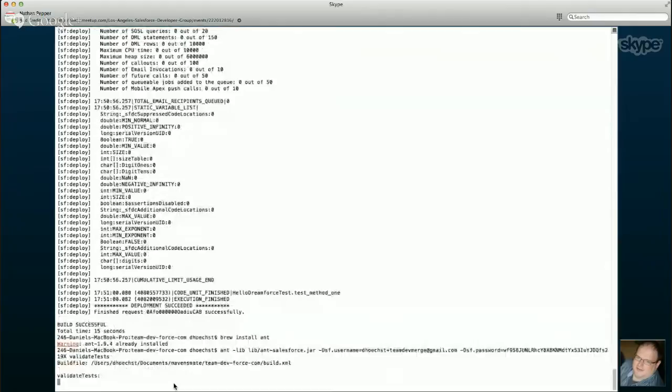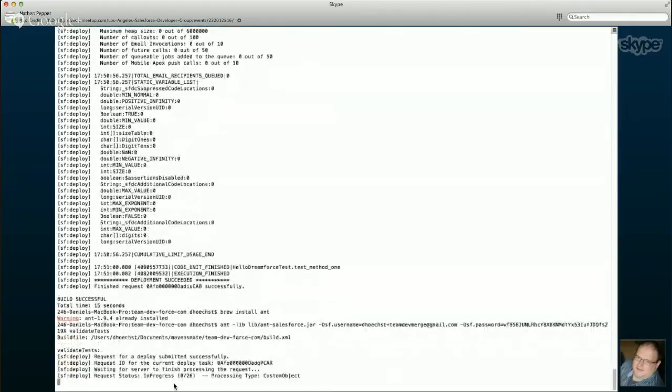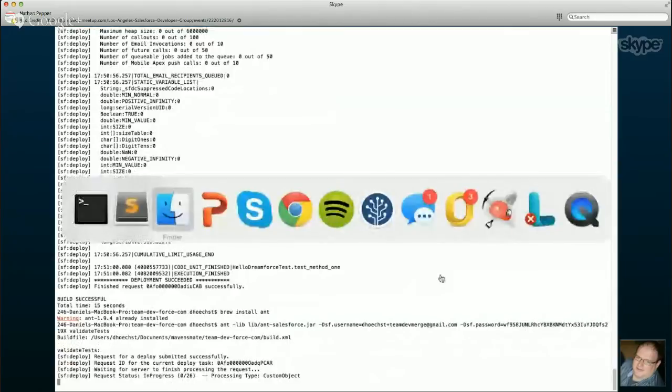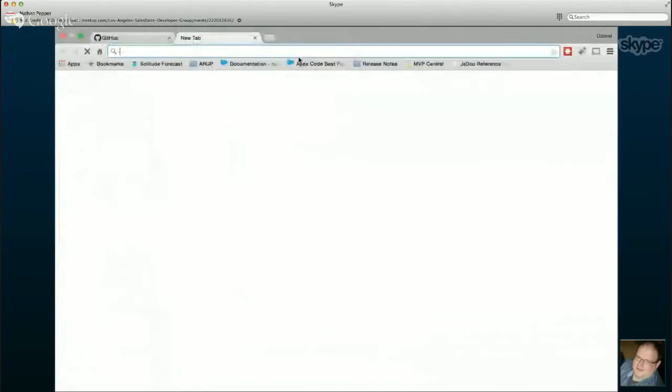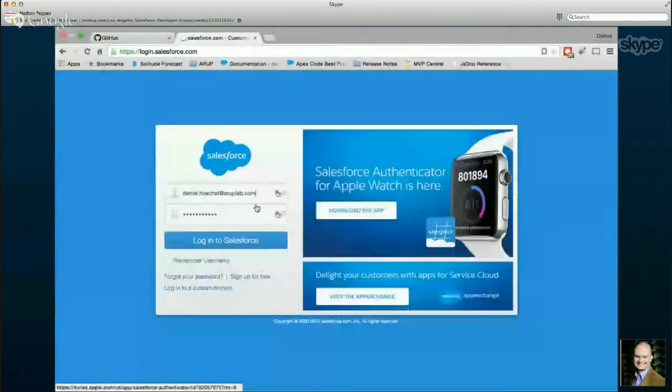And some fancy things will start to scroll across the screen. And it's basically deploying all that and checking on it. So let's switch over to here. Not logged in, but